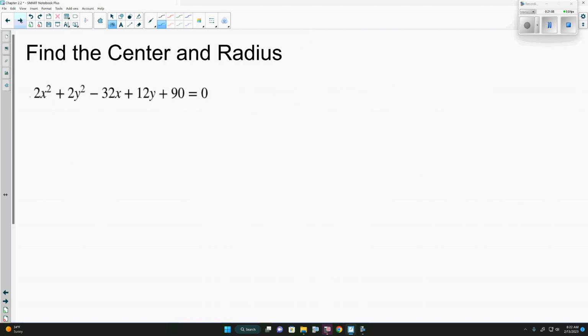Find the center and radius given this equation. Now this here and the ones I've seen for the homework assignment have been very nice in that the x squared and y squared for both of these here are the exact same. They're both 2. Also, every other number in the equation is even. It's divisible by that number. So what we can do, and this really only works if x squared and y squared both have the same number in front of them, is